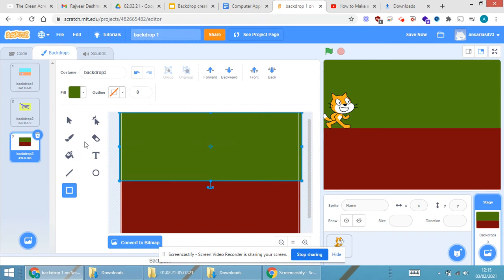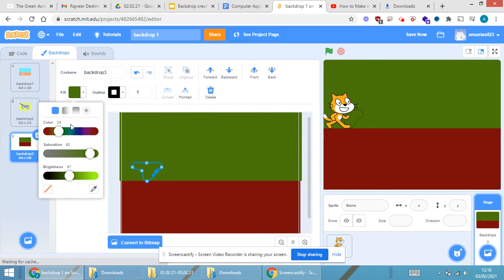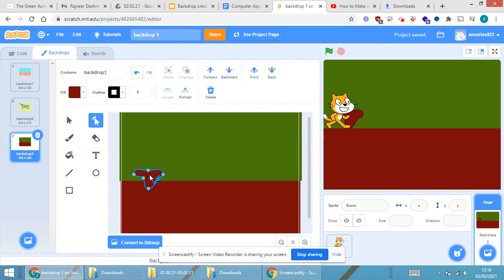If you want, you can place some stones in between. Now how to go for the stone part? Just select the circle tool, which we have already done in the earlier part. Now with the help of the focus part, give any desired shape. If you want to fill color, you can fill the color over here. Just select any of the random colors which you want and you can place it anywhere on the screen. So this is one of the parts.